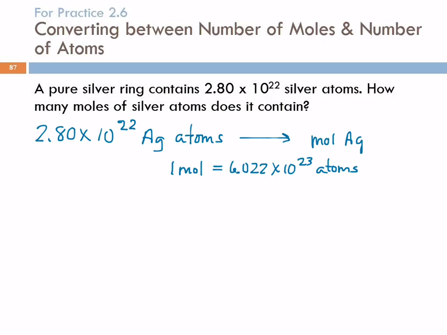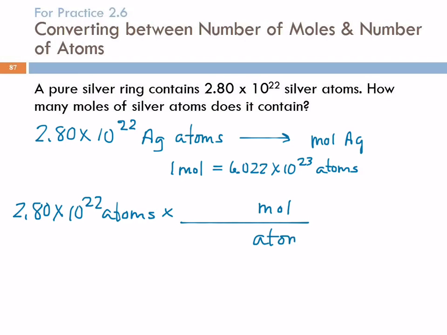So I'm going to use dimensional analysis to figure this out. 2.80 times 10 to the 22 atoms. I'm converting to moles. I want moles on top. I want atoms on the bottom so that the units work out. That tells me where to put the number. 1 mole,